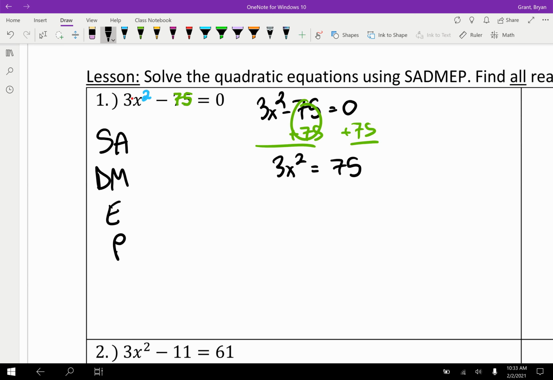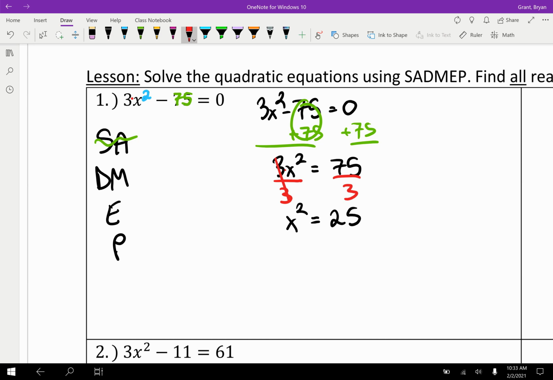From here, we have undone all the addition and subtraction. What's next? Multiplication and division. The 3 is multiplying, so we undo the 3 from each side. And that leaves us with x squared. Let's see, 75 split into 3, think quarters. I think that's 25, isn't it? Nice. We've undone the